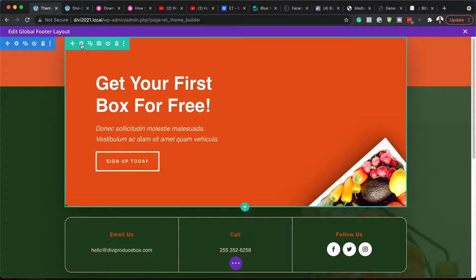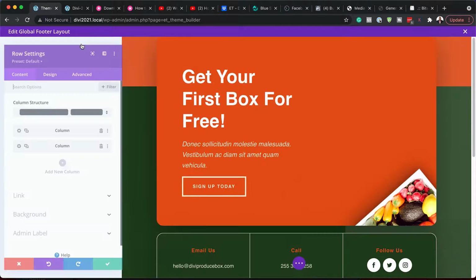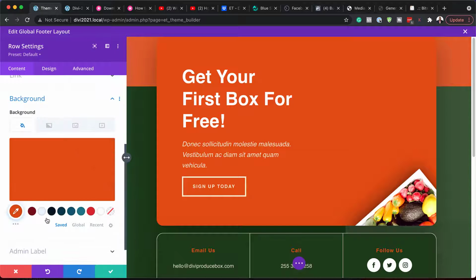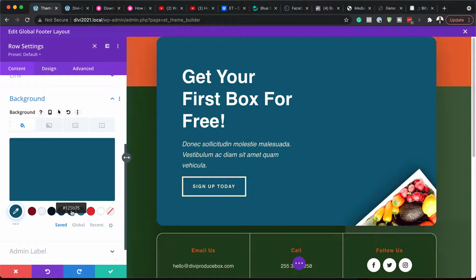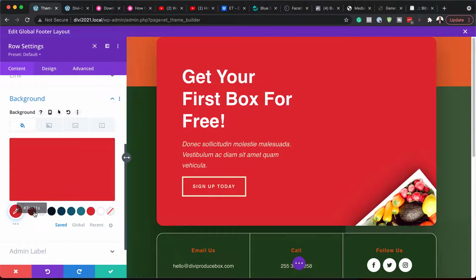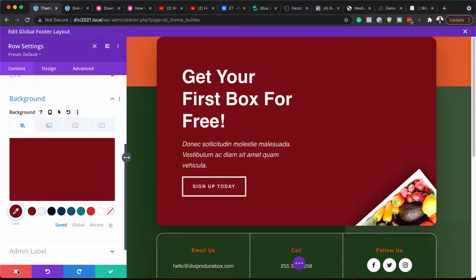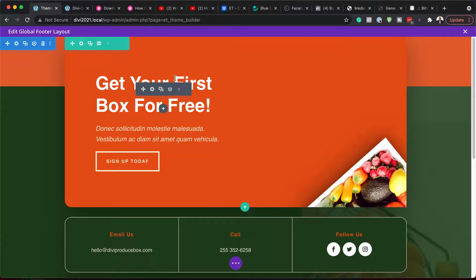Now, moving on, we also have this row. Now, this row also has a background color, and here it is. I can just change it to that. So you can see how easy it is to go in and change that background. Now, once you change that and you're happy with that, all you have to do now is to go into